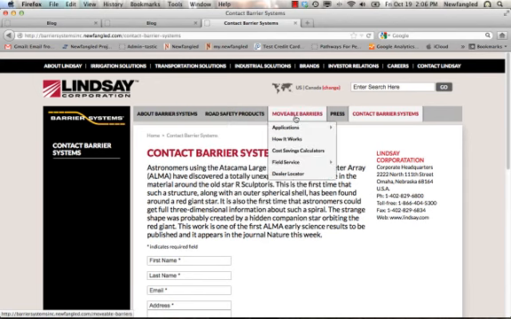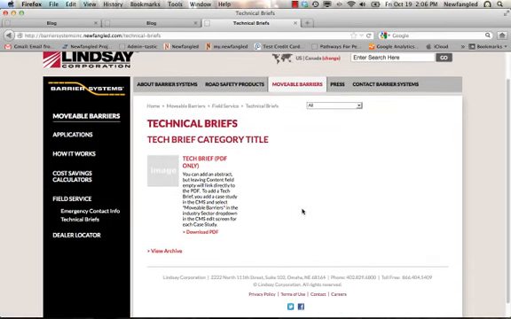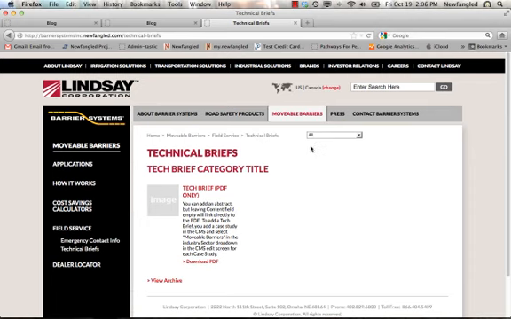And then under movable barriers, I needed to have a section called technical briefs under field service. So I click on my technical briefs, and you can just make this either a literature or case study, and I just changed the name of it. But when I go in the back end, it'll be either add case, in this case it was a case study, but this could be literature, articles, whatever you want it to be. I just changed it to technical briefs, and assigned it to the movable barriers industry sector. And that is how you can use a case study but call it something else. All right, that covers resources,